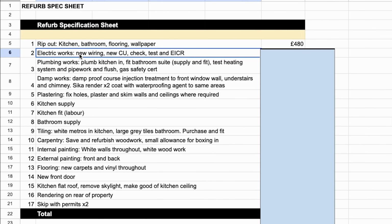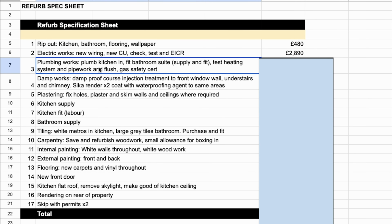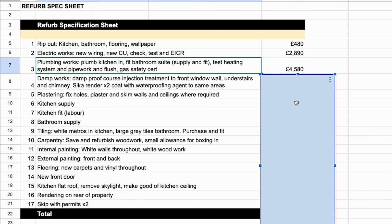So electrical works: full rewire, new consumer unit, check it, test it, EICR. That was £2,890. Plumbing: this actually includes the works to plumb the kitchen in, so the pipework to the sink and the washing machine, fit the bathroom suite, so actually supply it and fit it, put in a new heating system, test the system, do the pipework, flush it, obviously all new radiators and the gas safety certificate for that. So I think this is very reasonable at